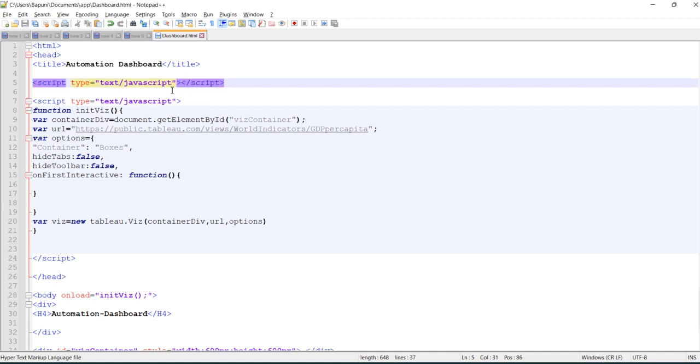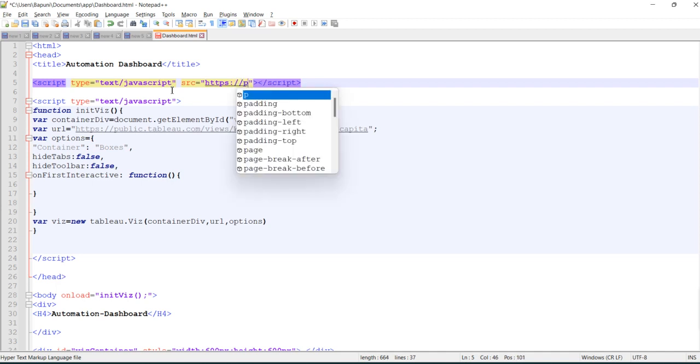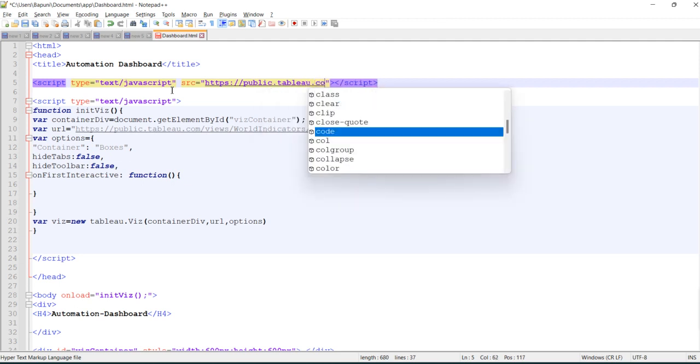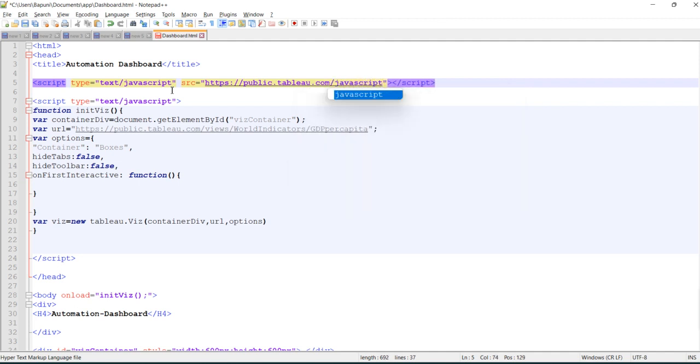What happens when you refer to it inside your HTML web page is that all the functions in that JavaScript file are reusable inside your HTML web page, meaning those are accessible over here. So I will be taking reference of the Tableau JavaScript API. We do it through the src attribute: src equal to https://public.tableau.com/javascripts/api/tableau